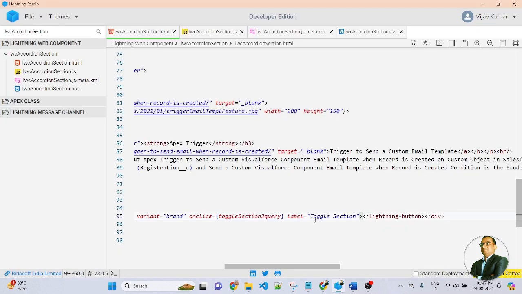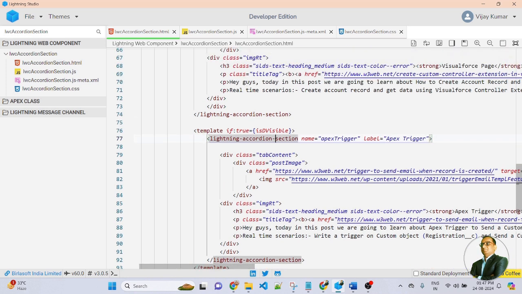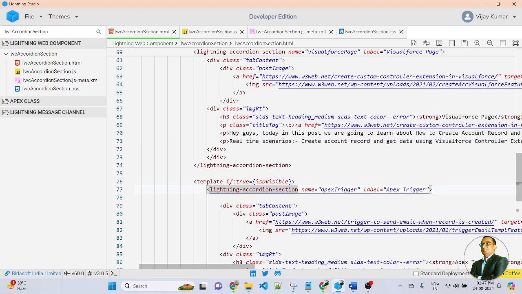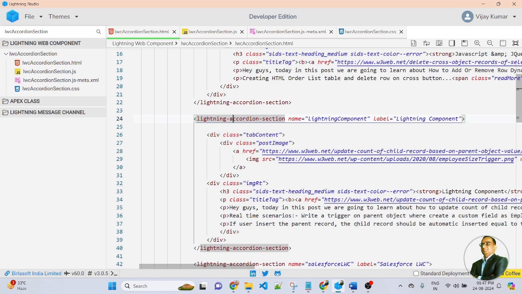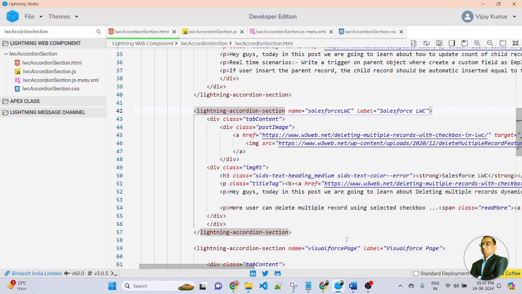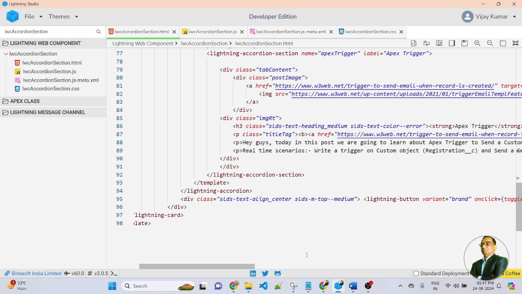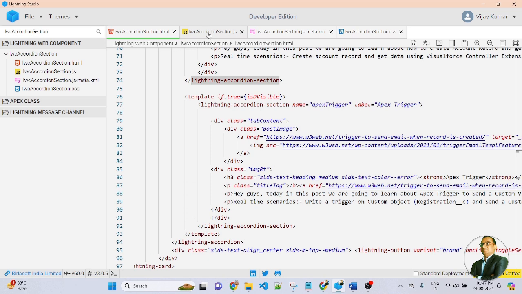So friends, here you can see this is a button. Based on this button click, I will display this recording section. Each and every recording section has the same structure and the same elements. So first you need to use lightning-accordion. Inside lightning-accordion, you need to create lightning-accordion-section. So this is a section. I added different types of sections. The structure is the same, and at the bottom of the accordion section, I am passing a button. So now let me jump to the JavaScript file of the component.